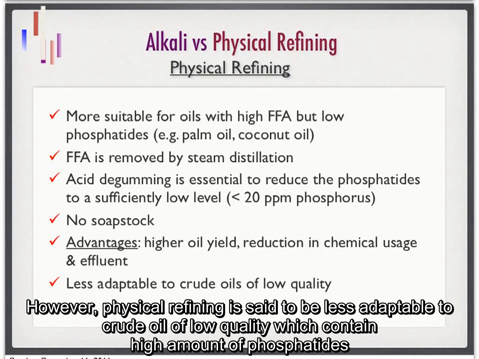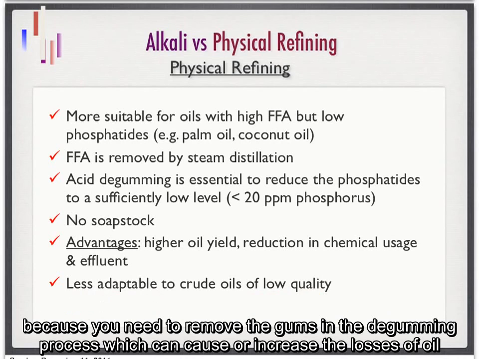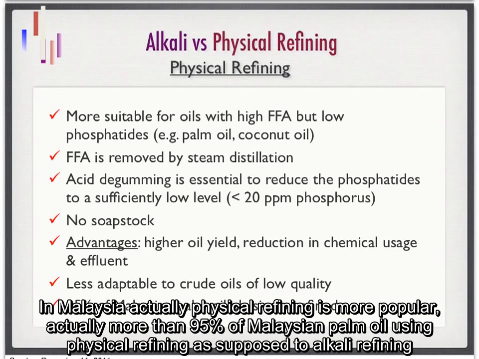However, physical refining is said to be less adaptable to crude oils of low quality, which contain a high amount of phosphatides, because we need to remove the gums in the degumming process, which can cause or increase the losses of the oil. In Malaysia, actually, physical refining is more popular. There are more than 95% of Malaysian palm oil using physical refining as opposed to